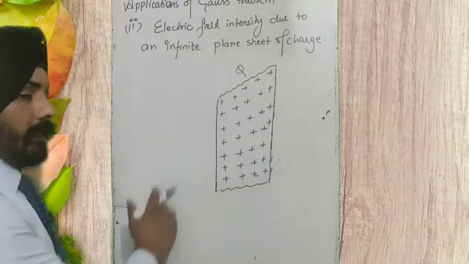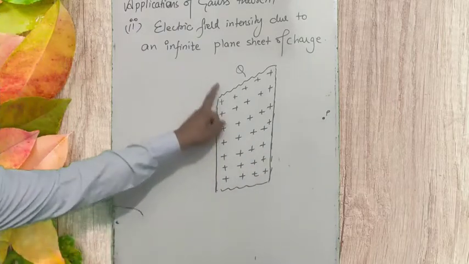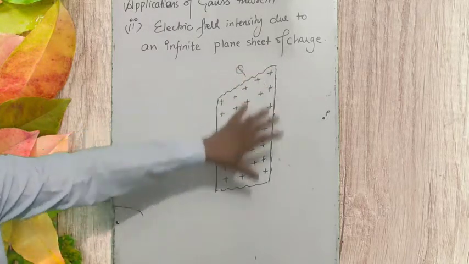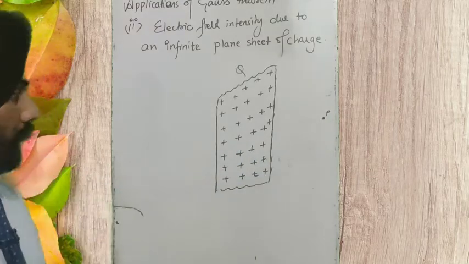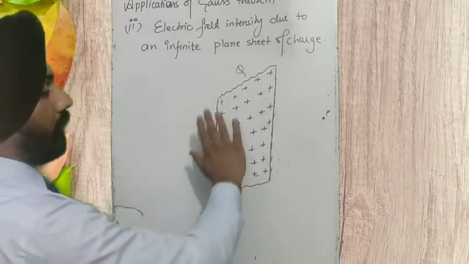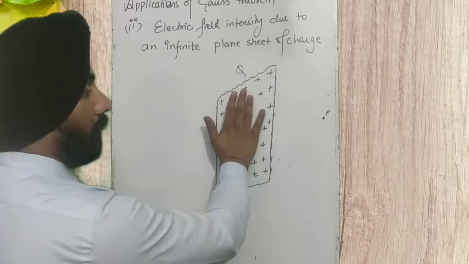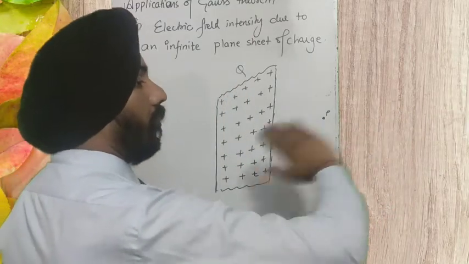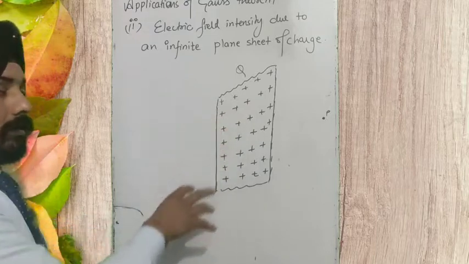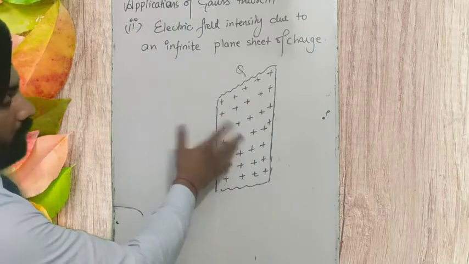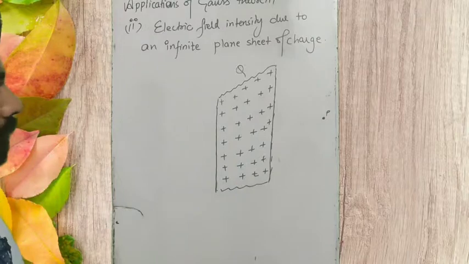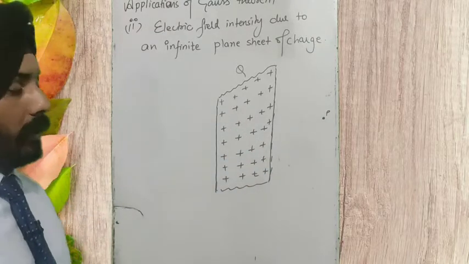Similarly, if we see the other side, this is the front side which is toward P. This portion that you can see is toward the point P. From this side, the electric field lines which originate pass perpendicular from the sheet and go away from point P. On the other side of the sheet, similarly there will be positive charge, and there also the electric field lines will emerge, but they go to the back side, the opposite side, perpendicular to the sheet, and they also go away.